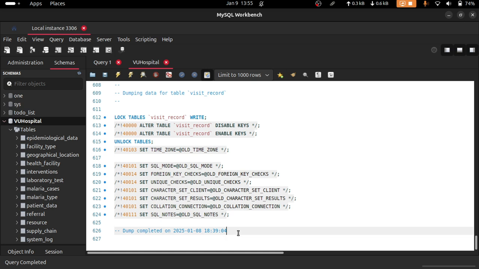Line 626 states the date and time from which the file was dumped, and the lines from 613 to 624 are multiple line comments. So the tables have been created on the extreme left under the tab of schemas. These are the tables that we